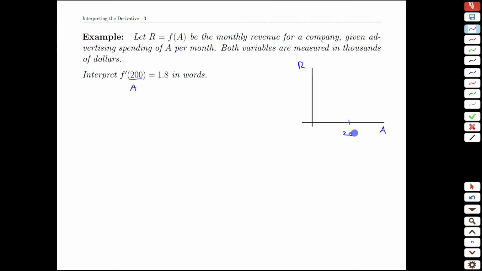So if we say we're at 200, and we're told that f prime of 200 is equal to 1.8. So I don't know where we are, but we do know that f prime, and this of course is a slope, is 1.8. So a bit steeper than 45 degrees. What does that mean in the context of our revenue? Well, it tells us, or a natural way to write out that interpretation, is if we increase